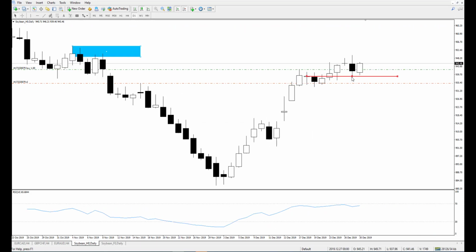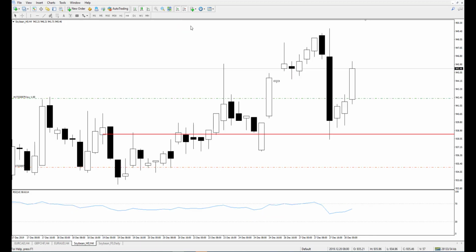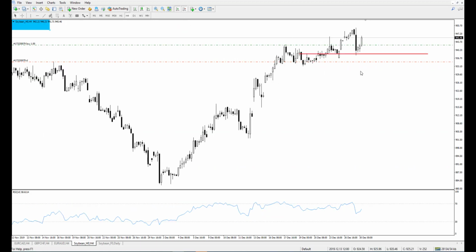So support and resistance. I was using that level as my support. On the 4-hour, as price dropped into that level, which is my support level,